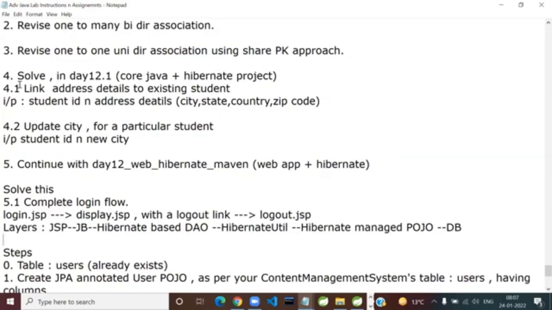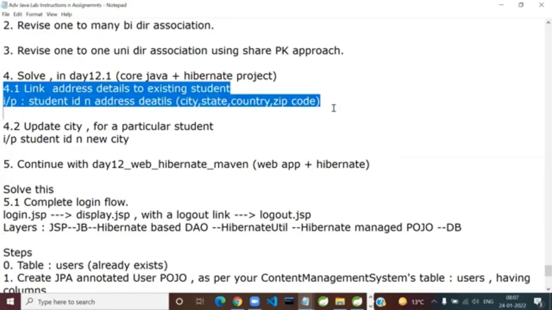Has anyone tried this part, linking the address details to the existing students? Is it working for you? It's done. Okay, very few of you are saying this. So whatever you could not do, I'll take it in today's lab. I just want to have a feedback.